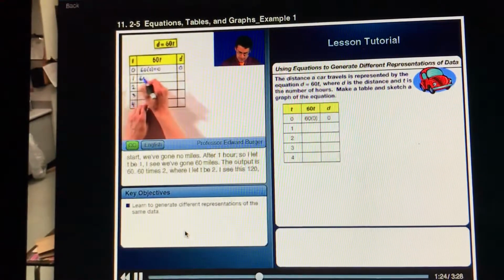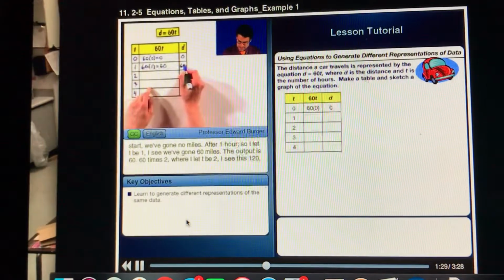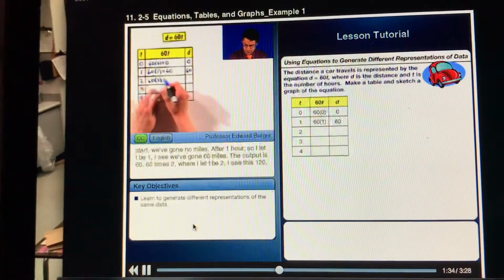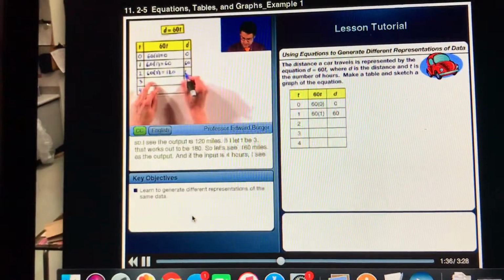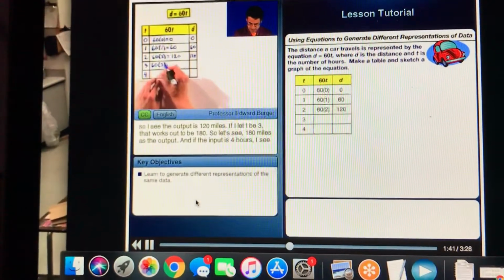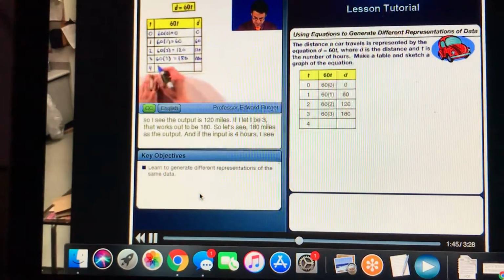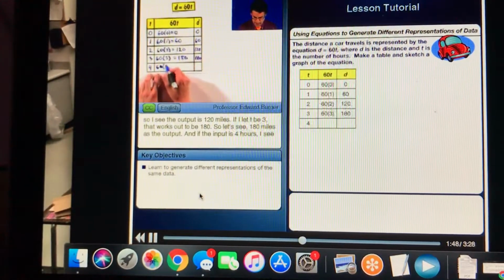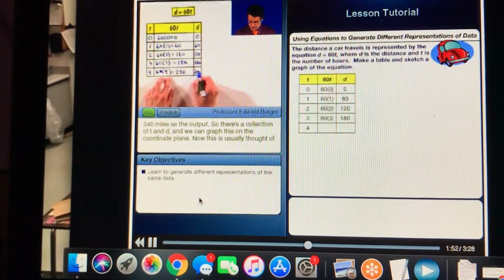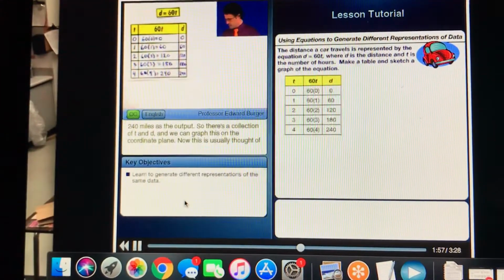After 1 hour, so I let t be 1, I see we've gone 60 miles. So the output is 60. 60 times 2, if I let t be 2, I see this is 120, so I see the output's 120 miles. If I let t be 3, that works out to be 180, so I see 180 miles as the output. And if the input is 4 hours, I see 240 miles as the output. So there's a collection of t and d,